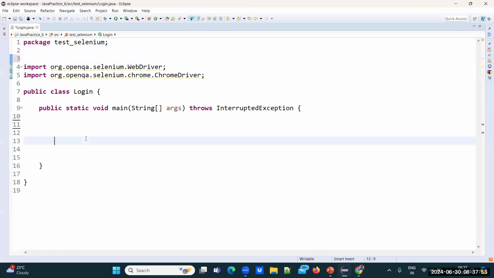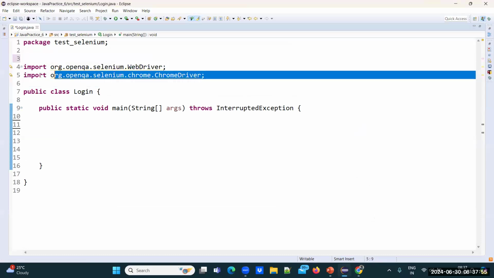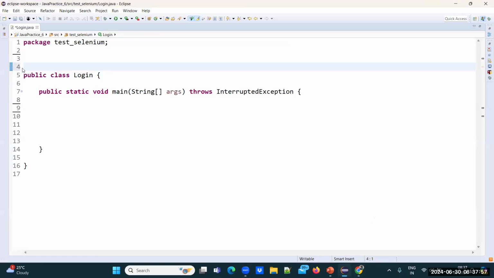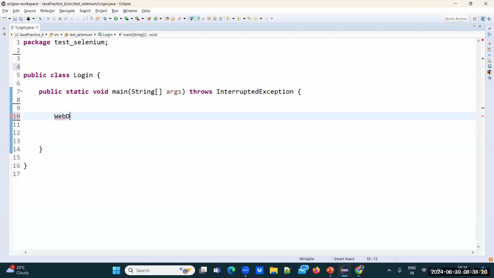This is the Eclipse IDE. Here we are going to write the code and compile from here. I want to automate the sign-in scenario. That means through Selenium, I am supposed to enter the username, enter the password, and click on sign in. Then how can I enable that? First thing, we have to call Selenium here. We have Selenium WebDriver. If you see here,